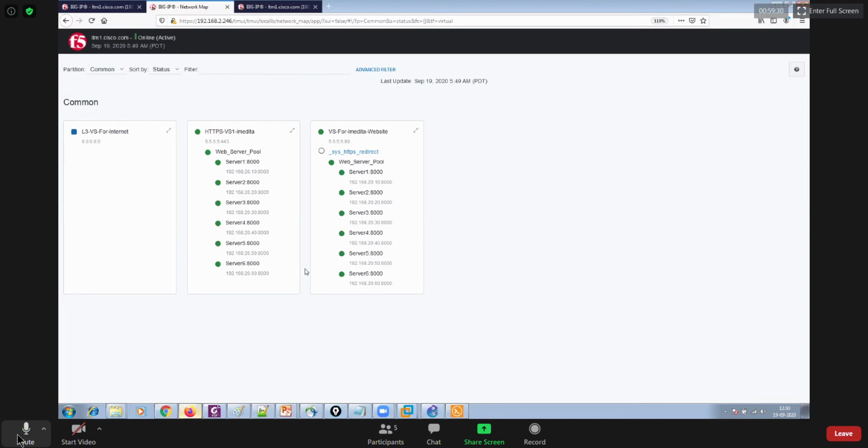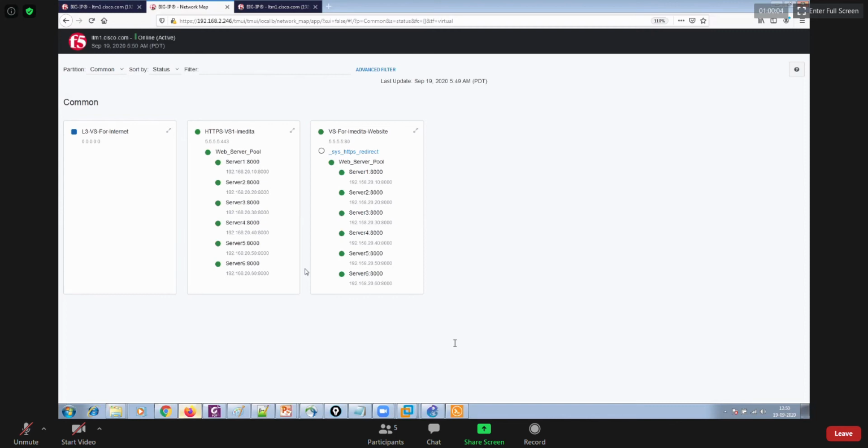I mean, you must be having some virtual server applied for one of the websites, right? So if that virtual server is down, of course, that website will not be accessible to the end users, okay? So end users will complain to you that they are not able to access the website. They will never complain to you, hey, your virtual server is not accessible. Because the end user is not really aware of the technology, what's happening in the backend, right? So they care about whether they have access to the internet, to the website or not.